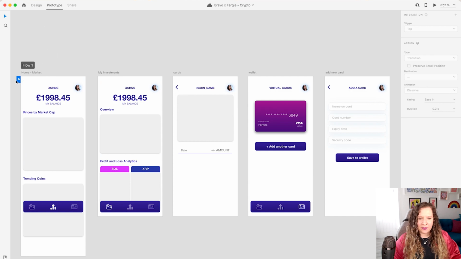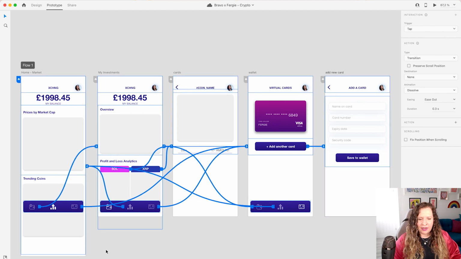The first thing I'm going to do is set my home screen here by selecting the little house icon, and then we're just going to add those prototyping wires. So here, as you can see, I have wired up my navigation bar to go to all the different screens. We've set our add another card button to go to that input screen there, but you'll notice the back button